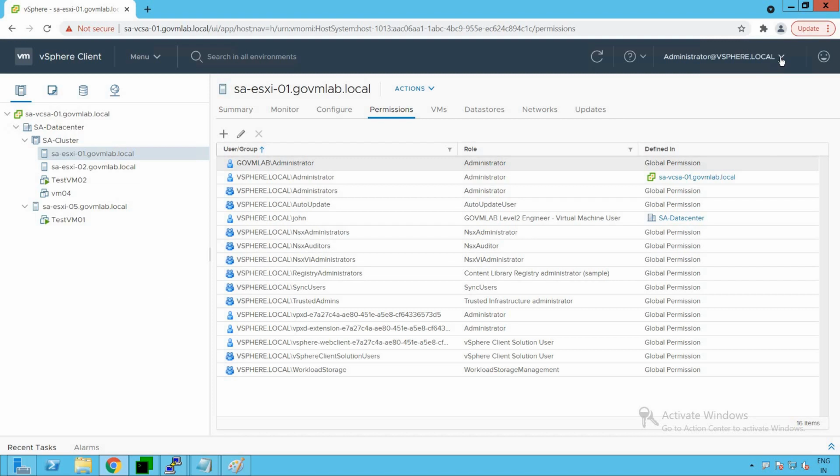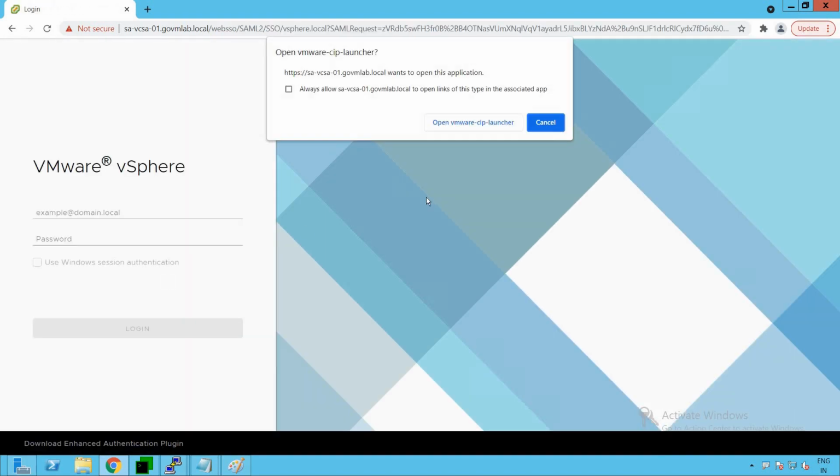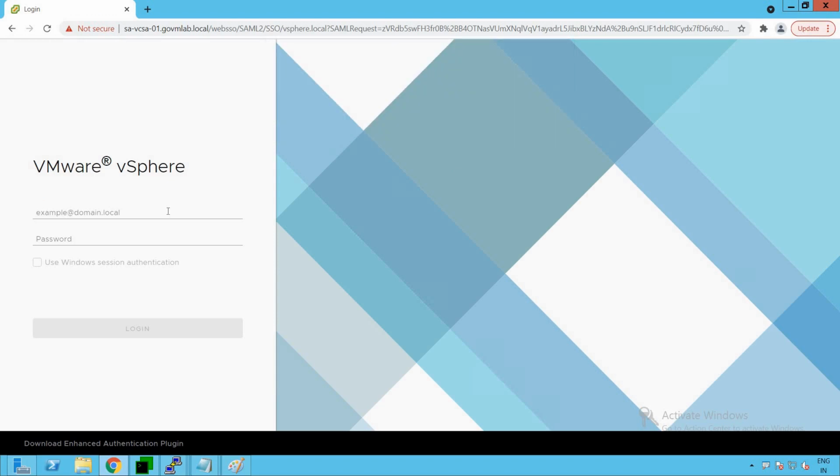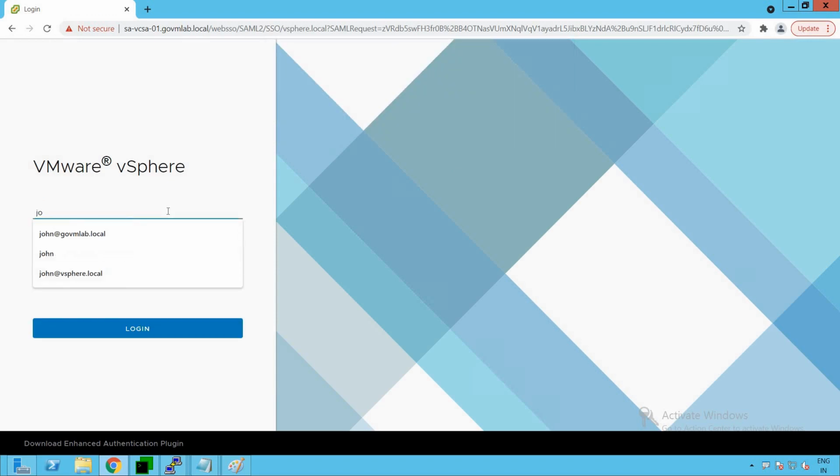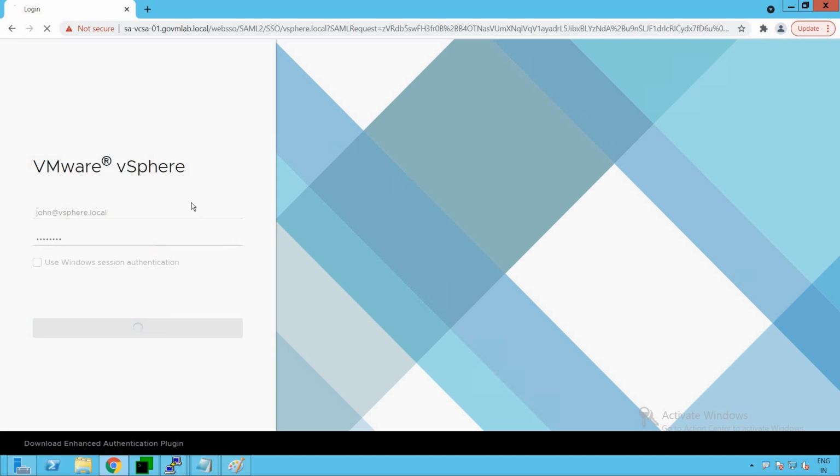To do that, let's log out from our administrator privileges and log in with our user called John. Give the username as John at vsphere.local. That's the user we have created. Provide the password of our John user.